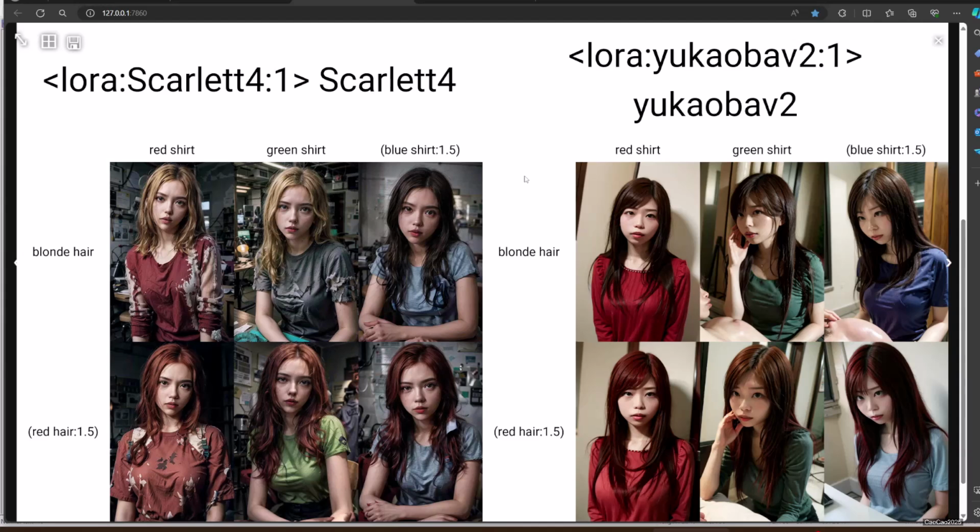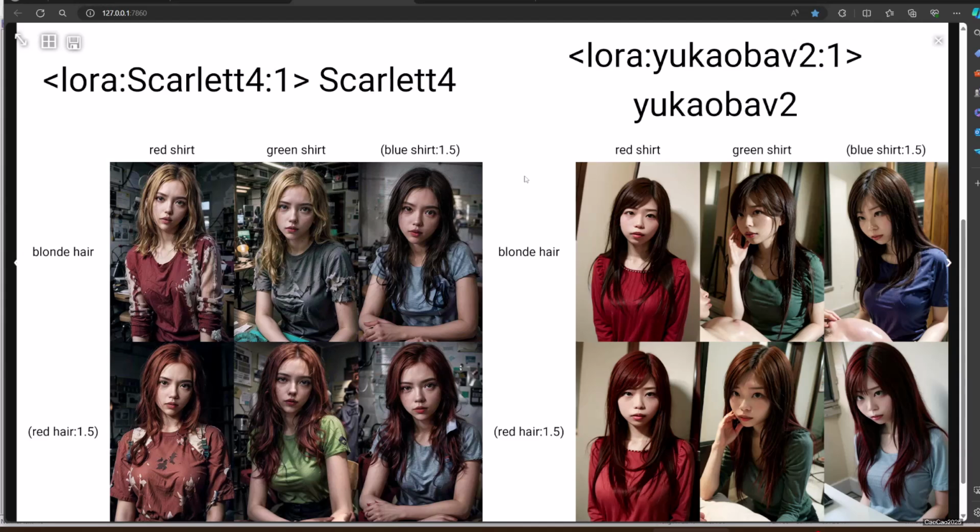Crafting the perfect prompt is crucial for successful AI art generation. But sometimes, a single prompt might not capture all your creative ideas. This is where XYZ Plot and Prompt S/R come in. XYZ Plot allows you to create a grid-like structure where you can test different variations of your prompt across multiple axes, that is X, Y, and Z. Imagine exploring different styles, objects, or settings within a single prompt.